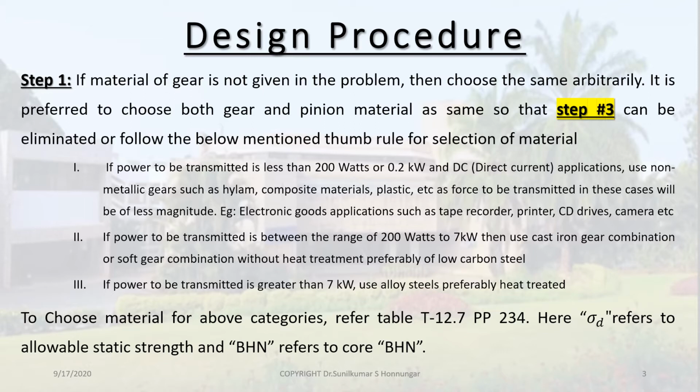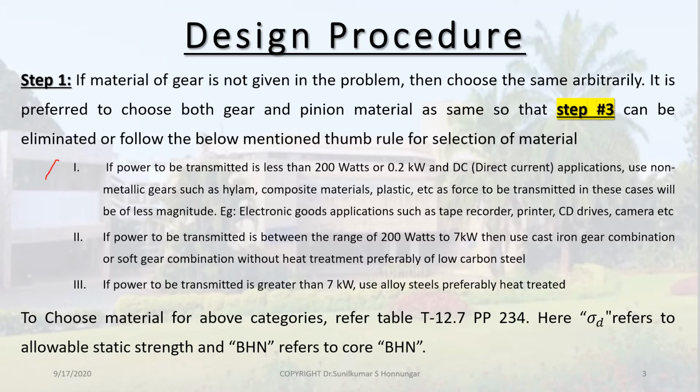That step number 3 is, if you just look into that first slide, that is sigma d into y is there, so no need of doing it. The one which is going to be inferior is the pinion. Of course, only after solving the problem you will come to know, but as of now, if material is not given, you are lucky, so you can assume both are made up of the same material and you can just proceed. Or if it is not given, there is one more guideline,